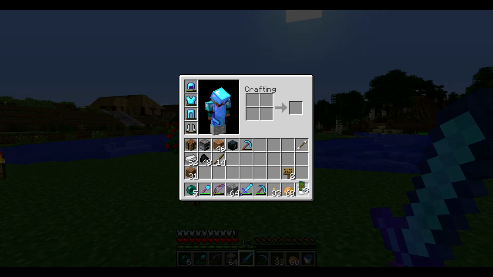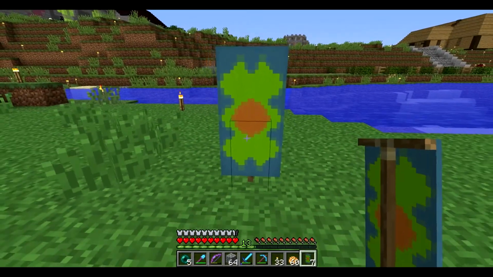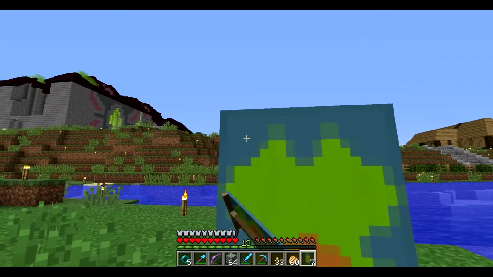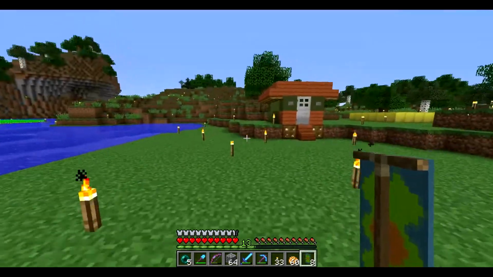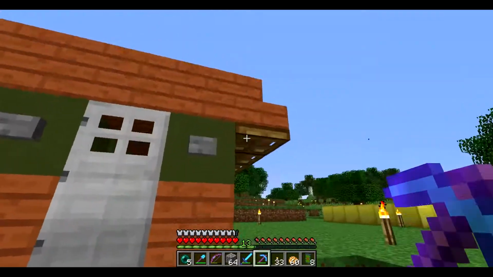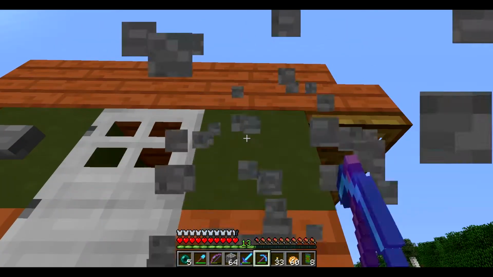I made myself a banner. I had this planned out in creative mode. I think it looks pretty cool. I'm not 100% sure, but what I really like is that that color of cyan sort of matches the color of the background of my YouTube channel art and my logo too. But yeah. Anyway,